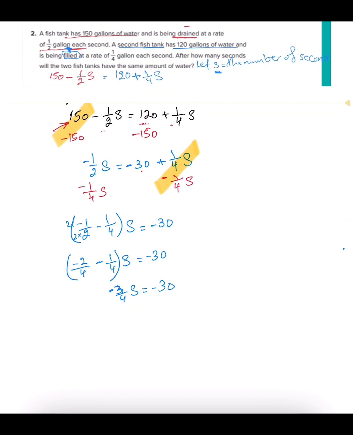We want only s, so we must use the same sign upside down to delete this to be 1. Same sign upside down. If we want the fraction to be 1, we multiply it by the fraction upside down with the same sign. Okay, so here in the first part we have this one equal 1, so we have 1s, so we have 1s equal